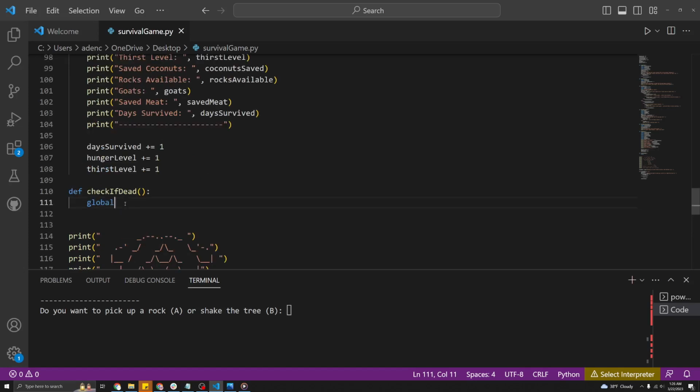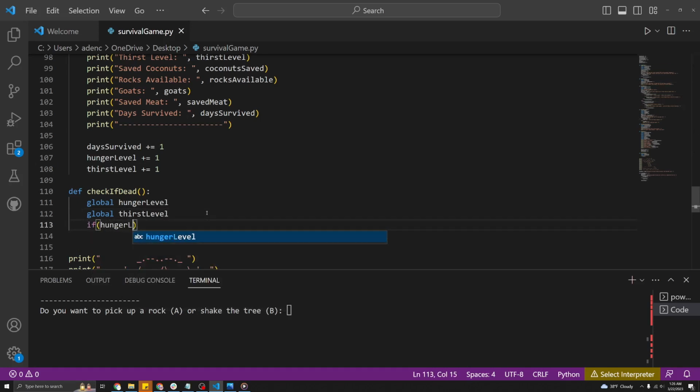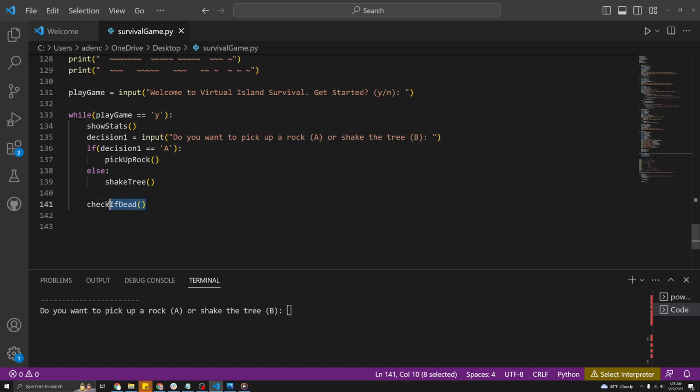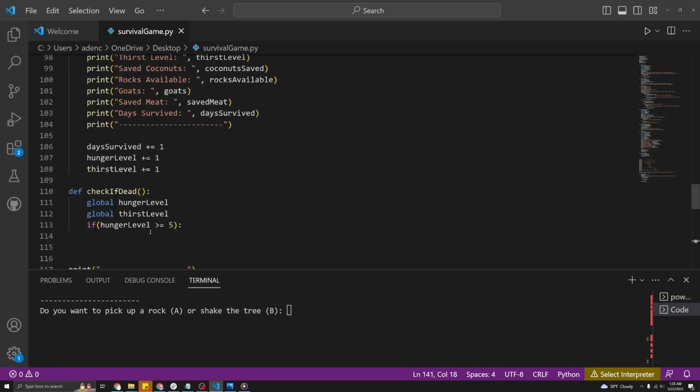So global hunger level, global thirst level. If hunger level is greater than, no, yeah, greater than or equal to 5. So what we gotta do is say they died and then exit the while loop. So don't enter it again. You're gonna skip this and just say you died. So let's do that. If the hunger level is greater than 5 or thirst level is greater than or equal to 3,